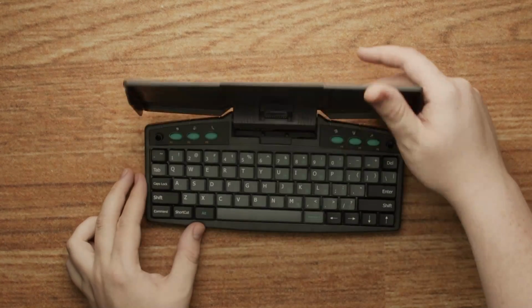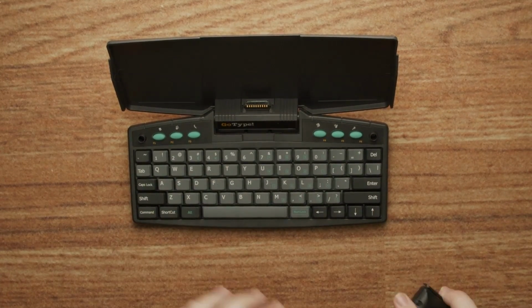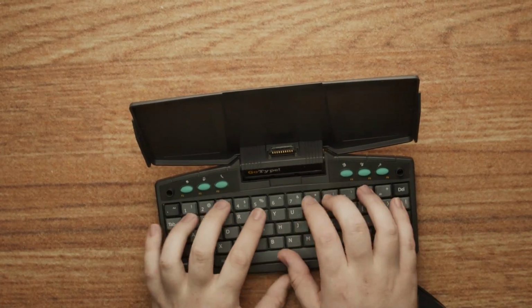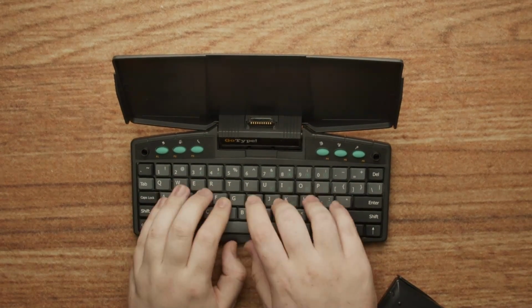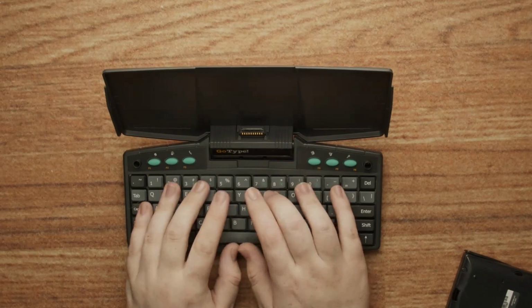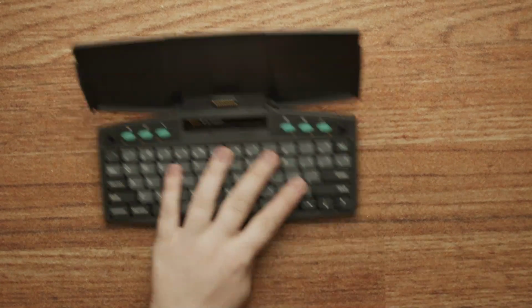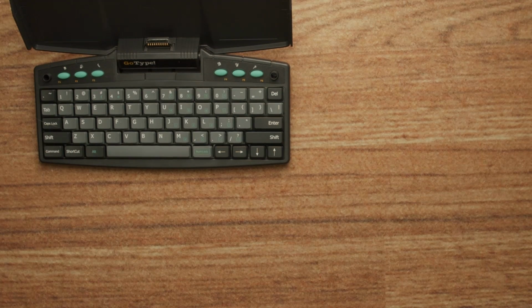Take this, open it up, try and type on it. That is not a great keyboard. I'll be perfectly honest. I'd rate this as a pretty bad keyboard. But when your only other option is